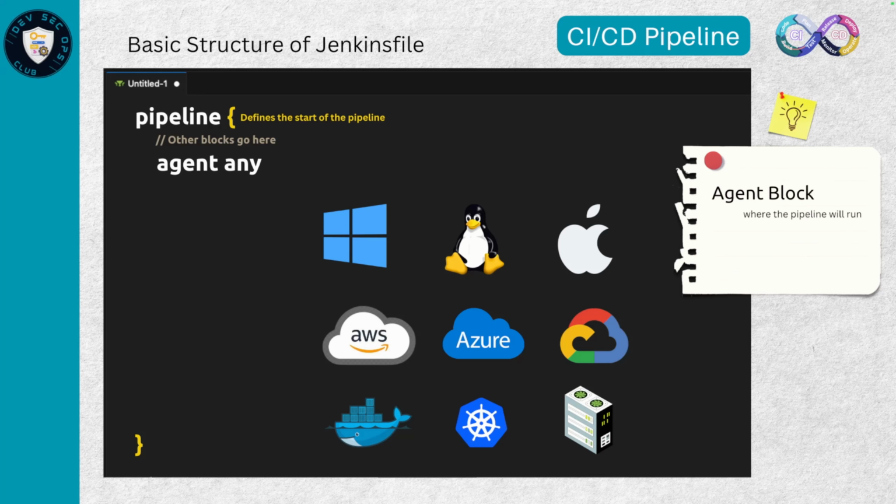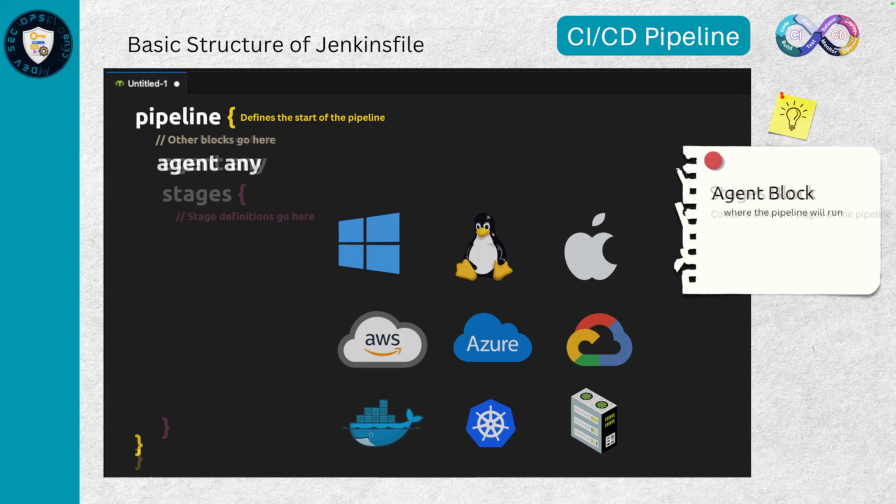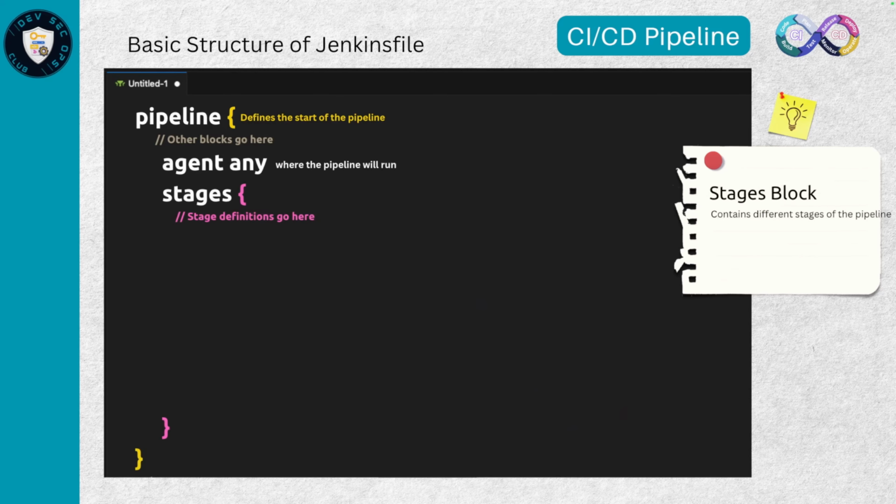So agent is actually where your pipeline is getting executed. Okay, so this is your agent block. So first thing is pipeline, second thing is agent any, or I would say simply where you define the agent. And after that you have stages. Please keep in mind this is plural, it is stages. Okay, so first block is the pipeline, then you define agent, then you define stages, and inside the stages it